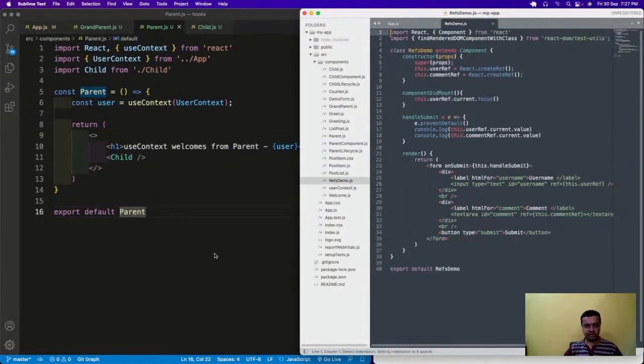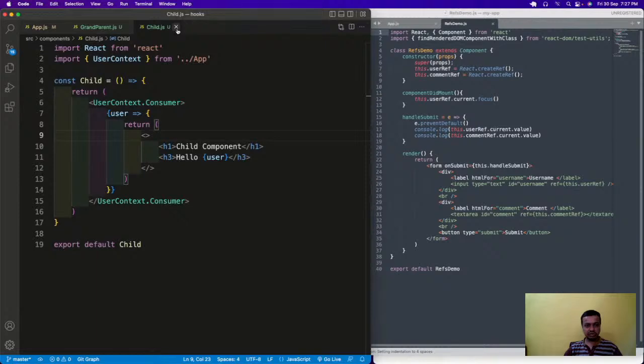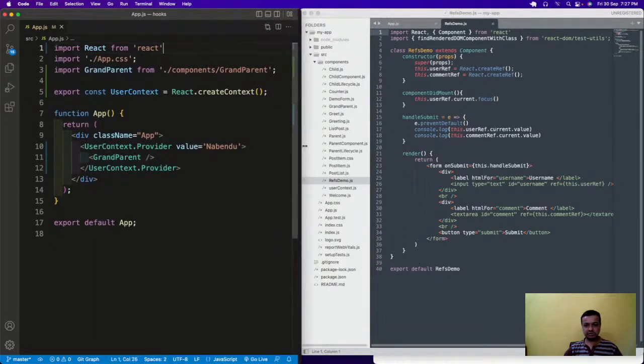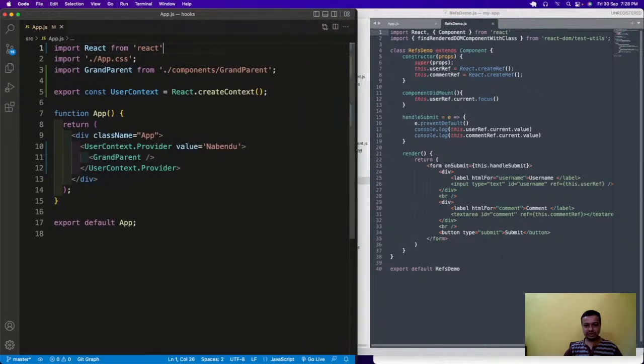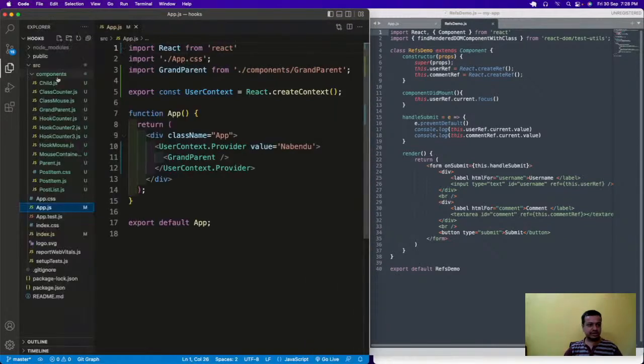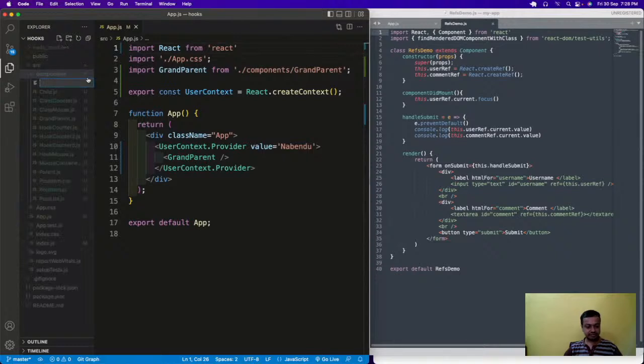So this refs demo is there. Okay, so I will close it, close it, close it. Maybe I will make it a bit smaller. Okay, let it be like this. So now I will create another file as